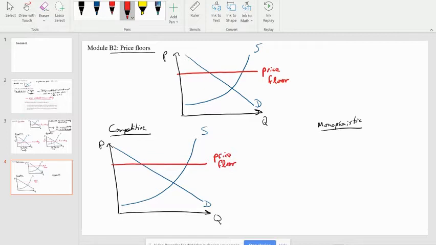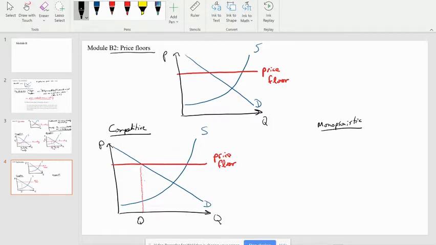The result now of the price floor is that buyers wish to purchase an amount given where the price floor intersects with the demand curve,